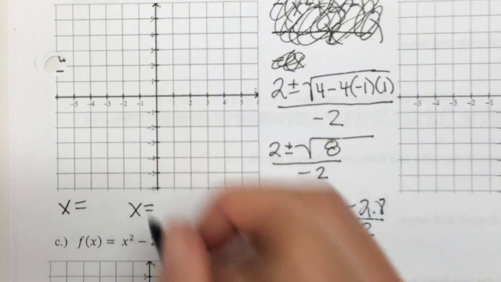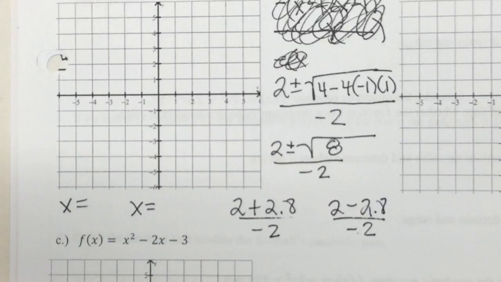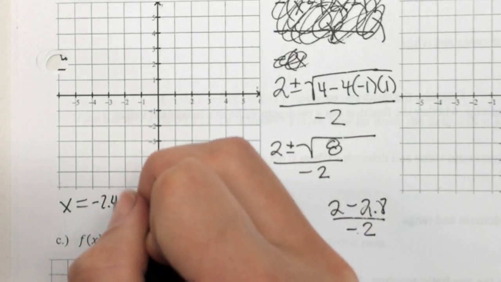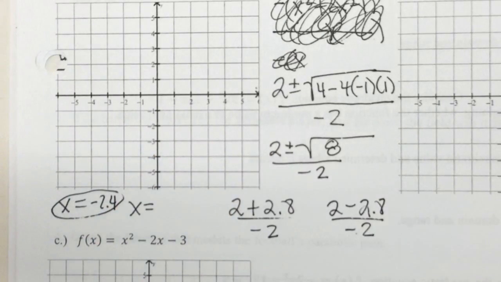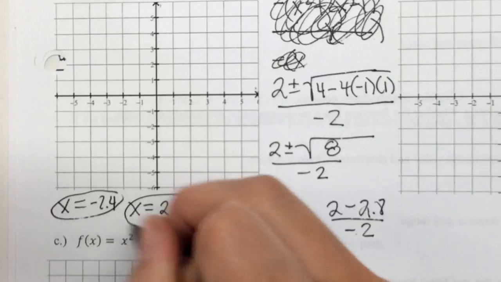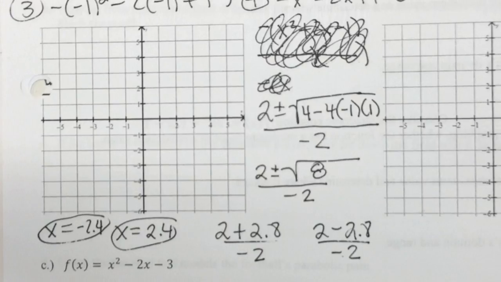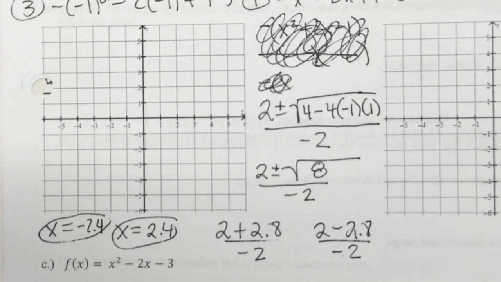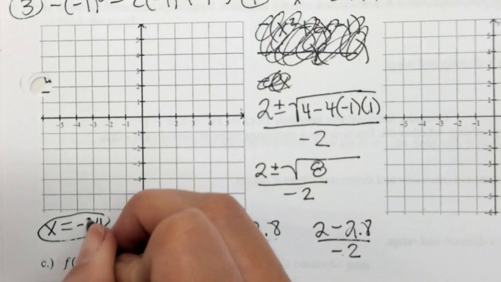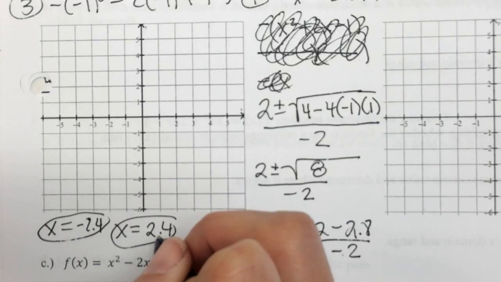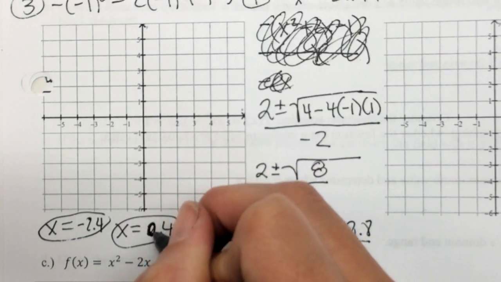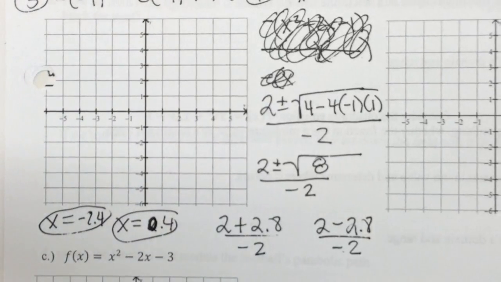Go ahead and figure out what each x is. Once you have one, just say it out loud so we can write it down. Negative 2.4, that's one of them. What's the other one? Positive 2.4? Everybody agree? Okay. So we just have to find one more thing, and that's our y-intercept. It's not right. Which one? 0.4? It should be what? Is it negative 0.4 or